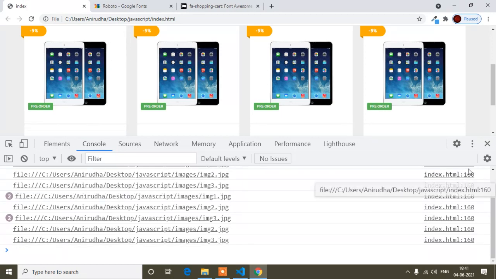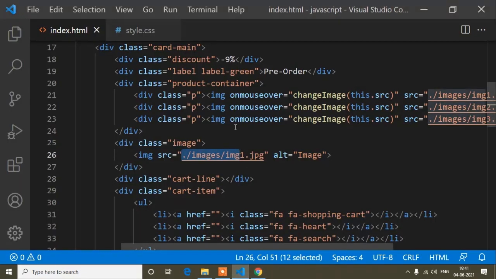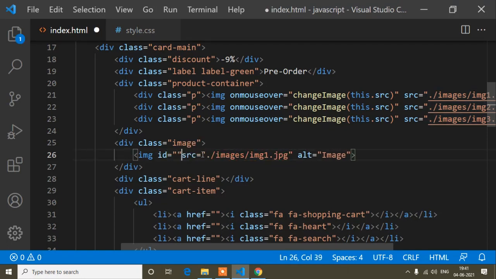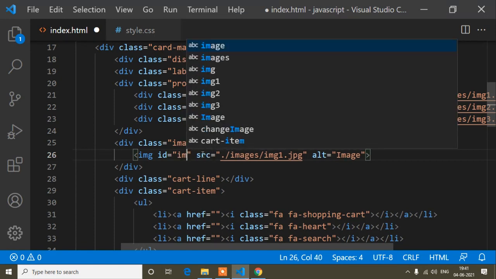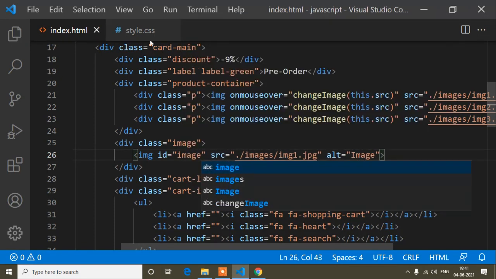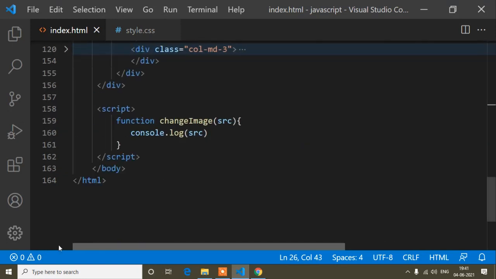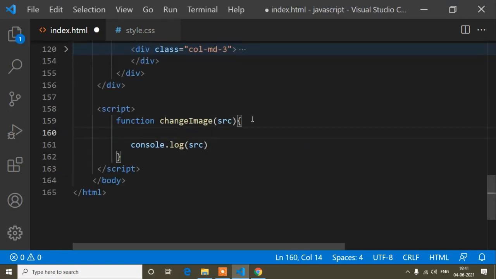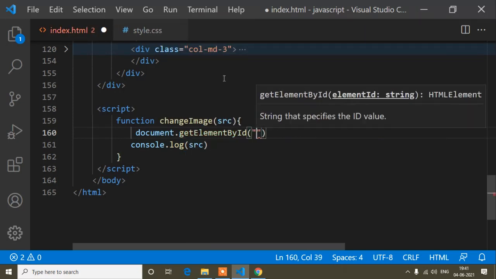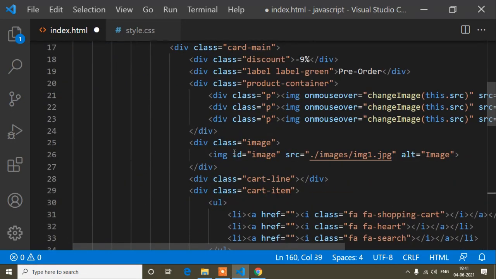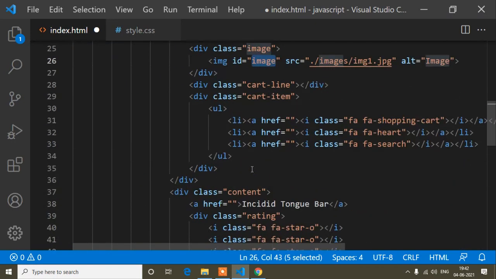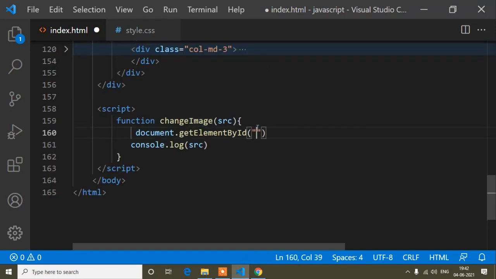So now what I will do is pass an ID here. I will write the ID, that is image, and now here I will write document dot getElementById, and the ID is the one I wrote here, that is image.